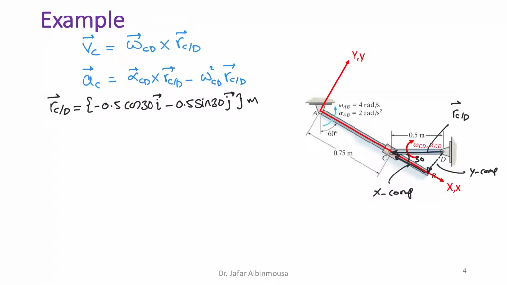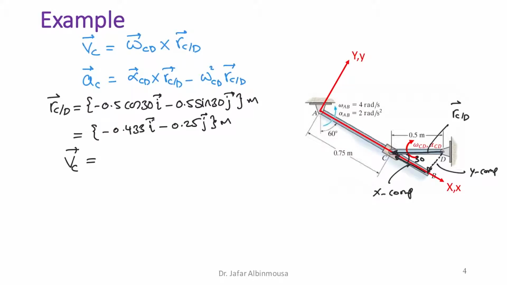This is in meter, so what would I get? I will get minus 0.433I minus 0.25J meter. Now, if I substitute this in the above equations, I will get